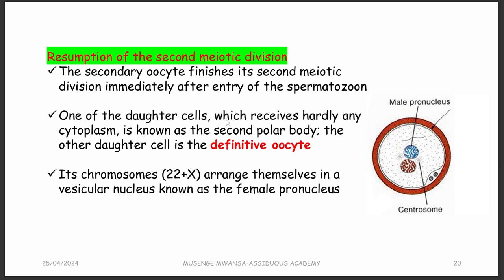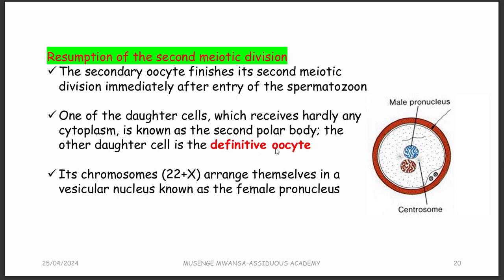One of the daughter cells, which receives hardly any cytoplasm, known as the second polar body, is gone. That's why we started with gametogenesis, because there we had the primary oocyte forming a secondary oocyte and also a second polar body. The second polar body just goes away,